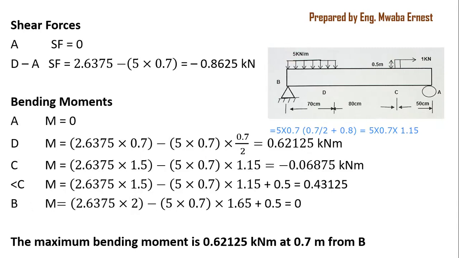Next is the last one, which is point B there. For the last one, the first thing you may assume is that it's 0, which is correct, but we should always prove that this is correct. So with the working, we have moment is equal to 2.6375 times the whole distance, which is 2 meters, minus 5 times 0.7, the force, multiplied by